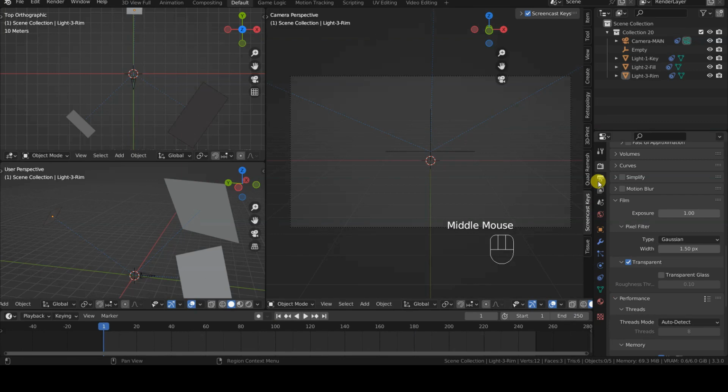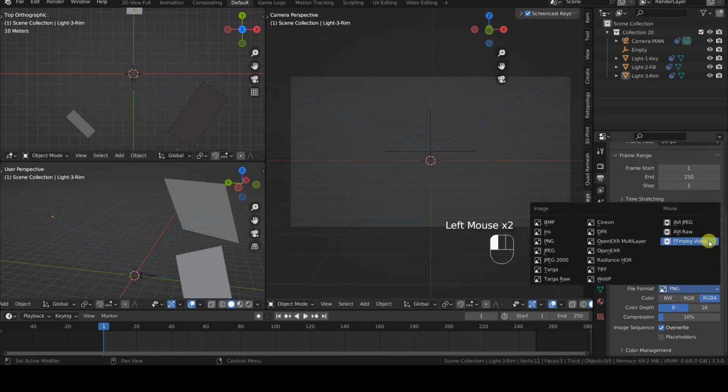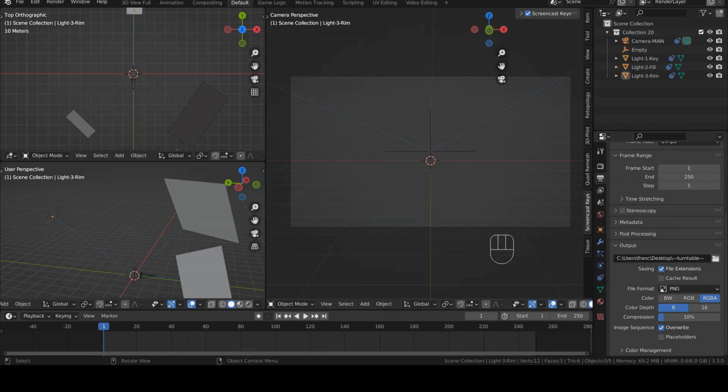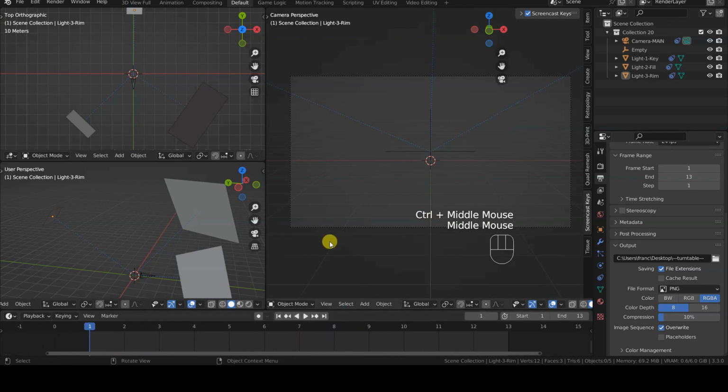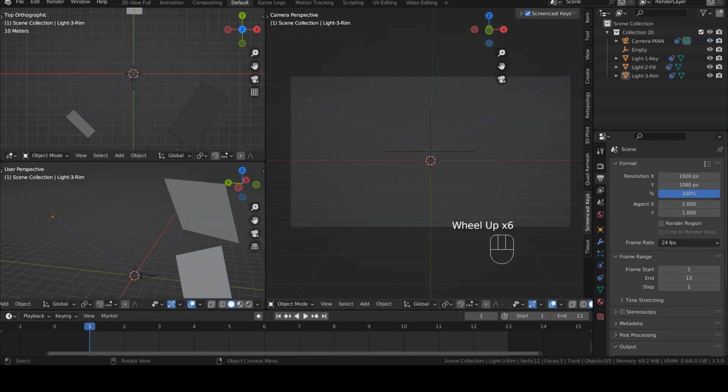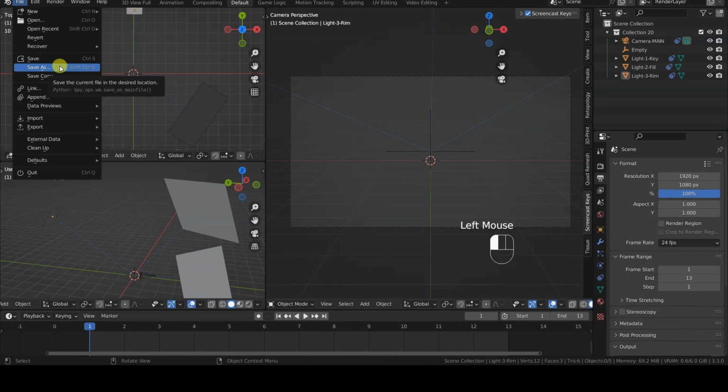Plus, in this case, you can opt for making a movie file rather than a sequence of images in the Output Properties tab. If instead you need to create a low number of single images, for example 13, then it will be sufficient to set the exact number of images to be created in the end field of the timeline. Blender will create an image for each frame of the animation. These are the general settings of the file, valid for all 3D models to be rendered. This file can then be saved as a general template in a separate folder, to make copies to modify for specific projects.